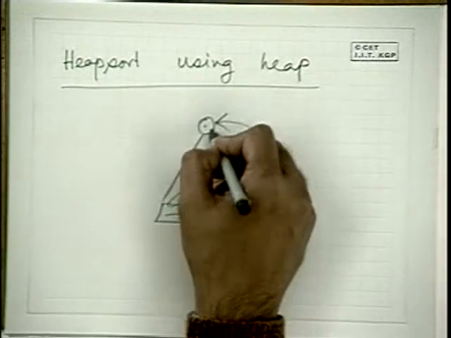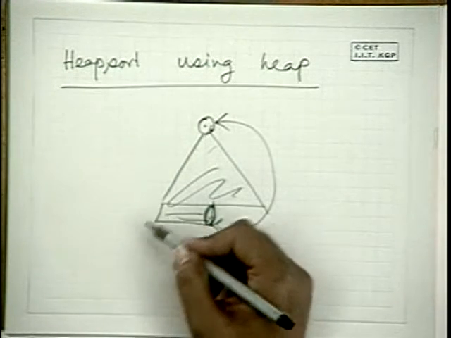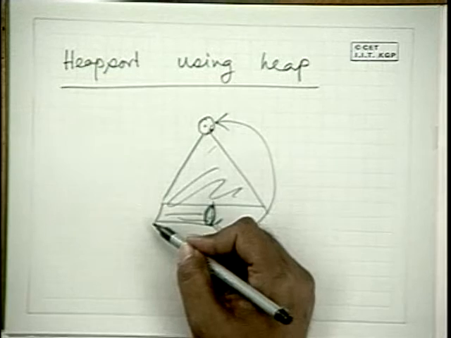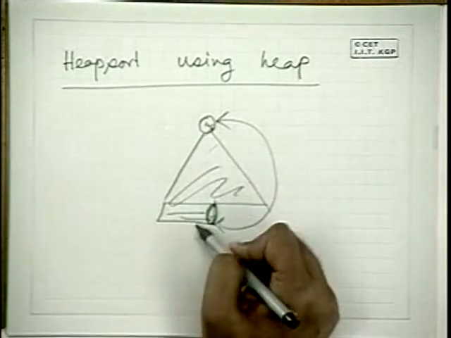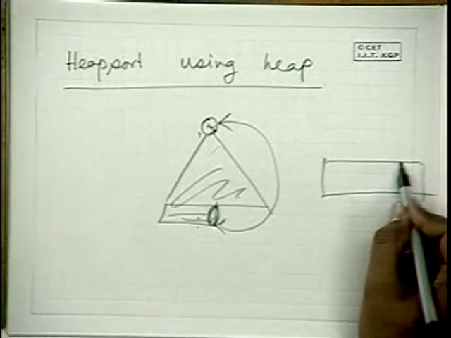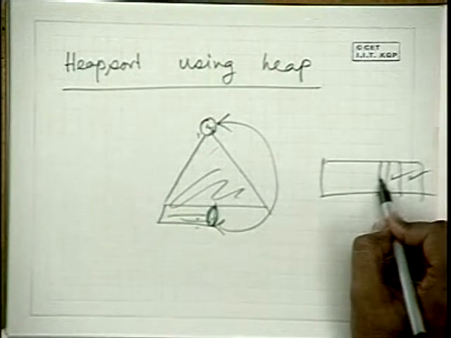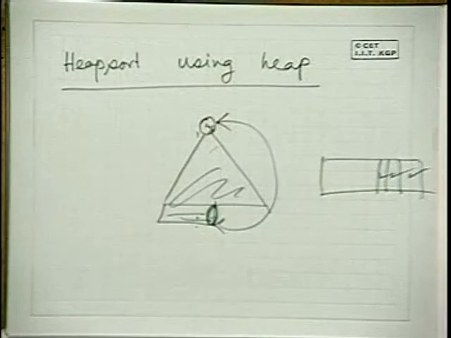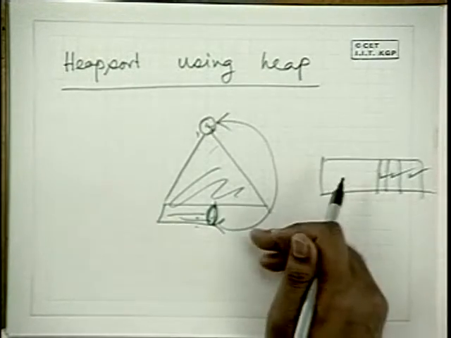So this goes in the root. Now call the down heap. So basically you keep the heap. Now again you have the maximum element of the rest of the elements at the top. Again you exchange with the last. So what will happen in the array? It means the last element will be the maximum element, the next element will be the next maximum, and the next will be the next maximum. You go on doing it, and you will have an array which is sorted in increasing order.